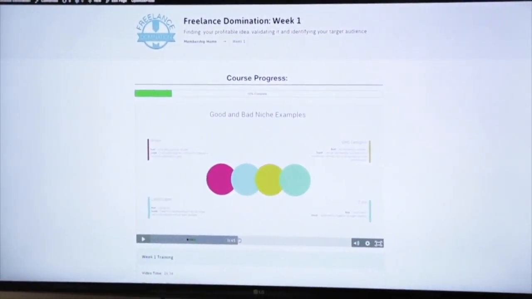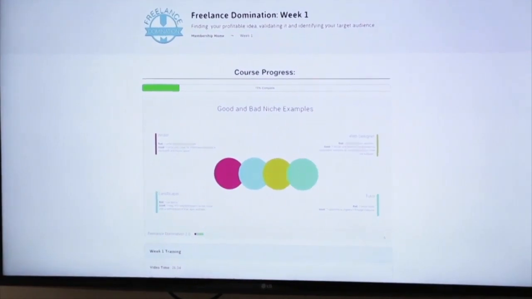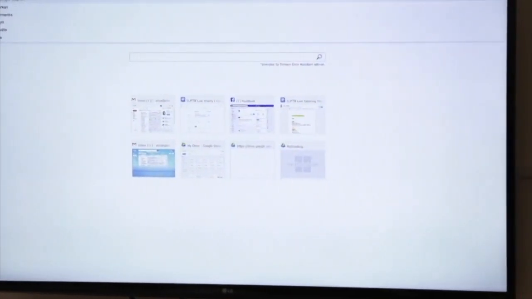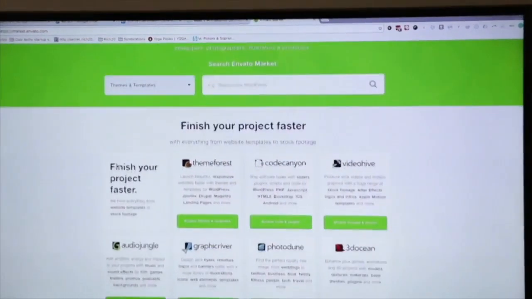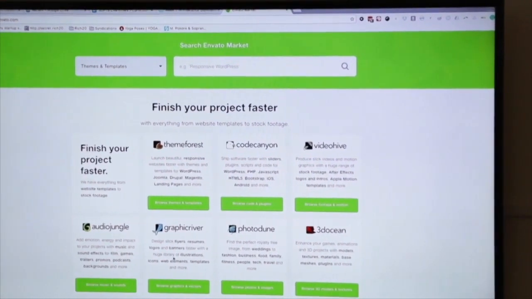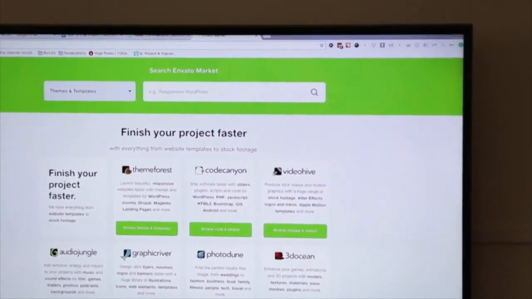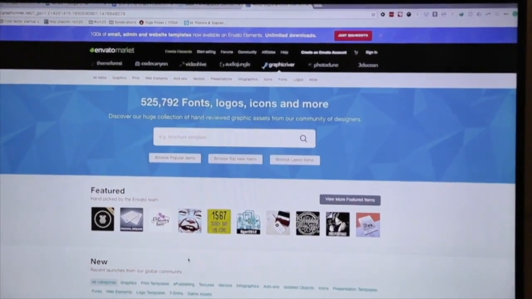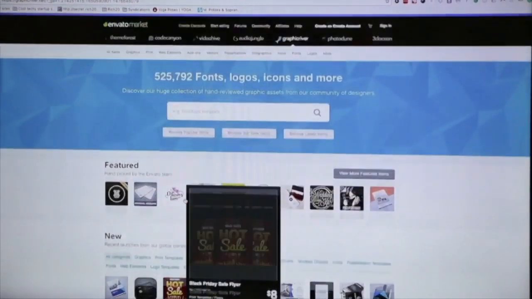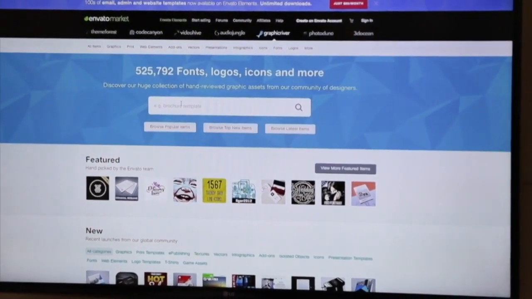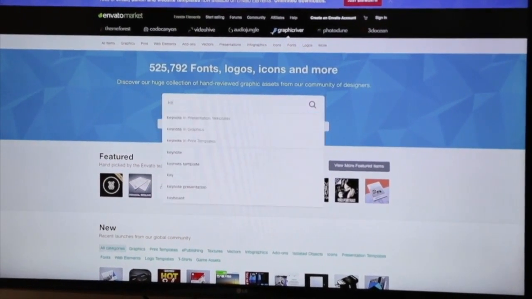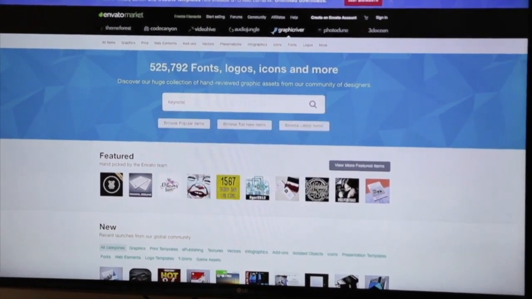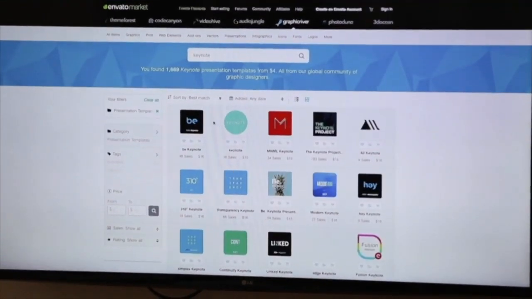So if we go to, it's Graphic River. If you go to graphicriver.net, they have all these templates here, and you can just download them. So for instance, if I want to go to Keynote templates, and these are all Keynote templates.